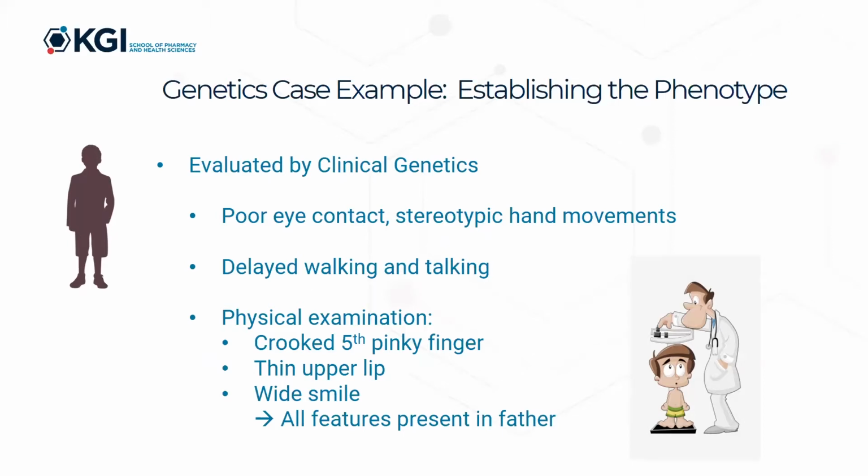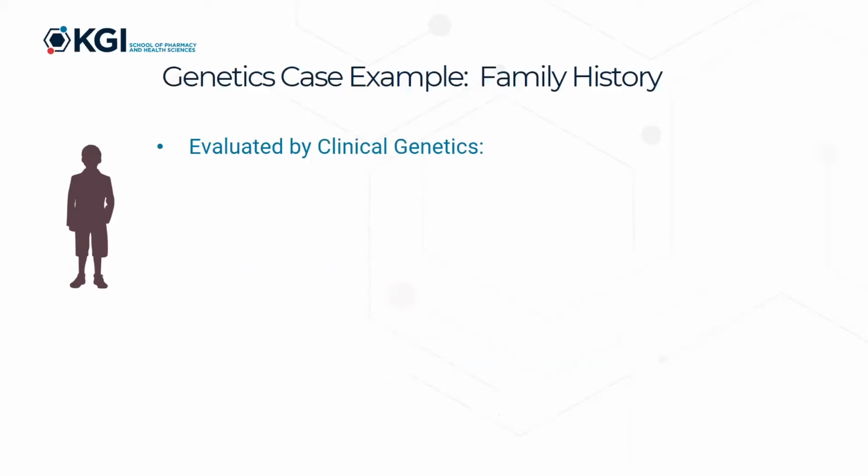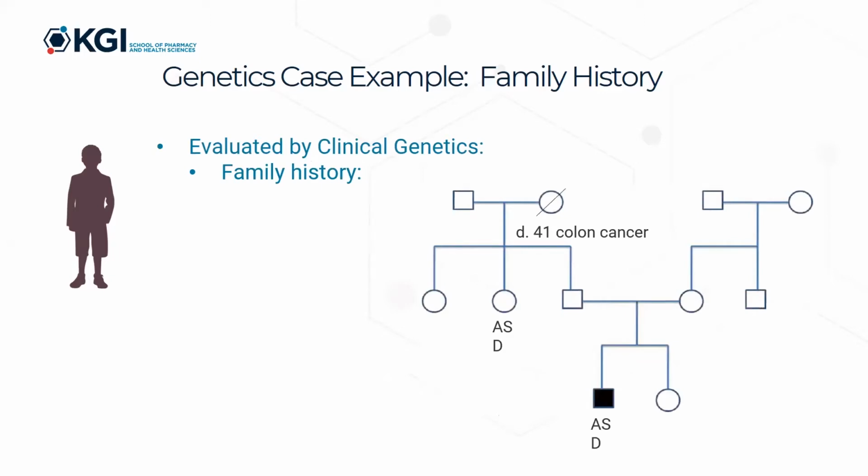So when a patient is referred to clinical genetics, oftentimes they are met with the clinical geneticist as well as the genetic counselor, but it's very important in a clinical genetics practice to be evaluated by a clinical geneticist. So here we have poor eye contact, stereotypic hand movements, and the geneticist also noticed delayed walking and talking, as well as additional findings on physical examination, such as a crooked fifth pinky finger, thin upper lip, a wide smile. But all of these features were present in the father. So more evaluation by clinical genetics often includes the family history. And this really is something that is typically done by a genetic counselor. So a comprehensive